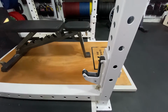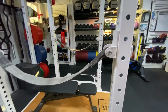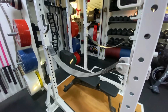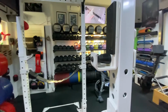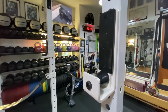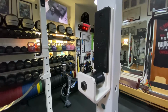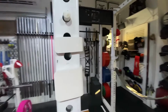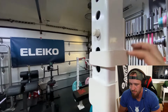And I had these modified and painted to fit the rack because obviously the hole sizing is a little bit different. And strap safeties, also Rogue, that have been modified by Dimension Fitness to fit. Now, I wanted to move to roller cups, and easier said than done. These are Ghost Strong, the roller return J hooks, version 1s, which I picked up in their sale for $200. And I had them modified, so we had the pin modified to fit, an extra clamp to